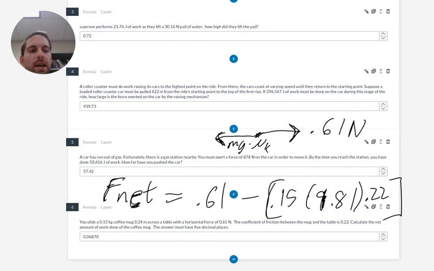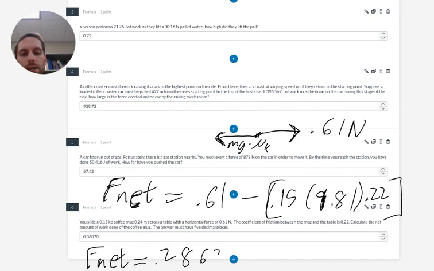That gives me my FNet of 0.28627. And I want to multiply that FNet by, because I want the work net,